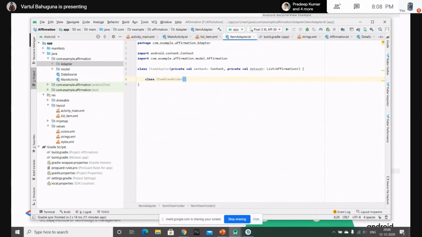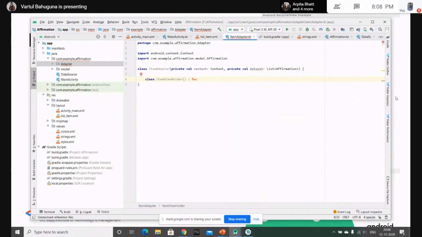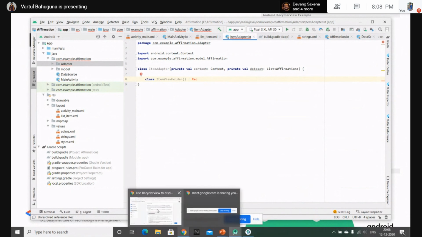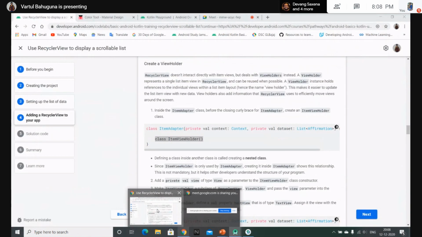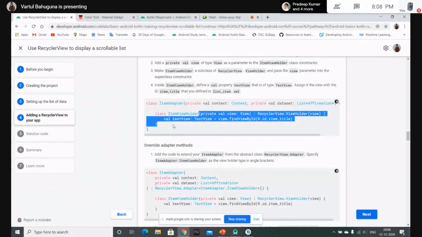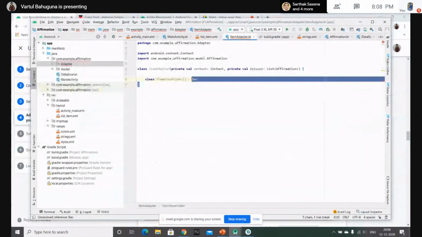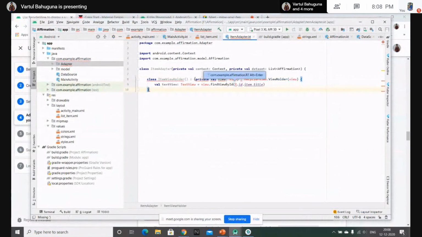So yes, the holder, as the name suggests, is used to hold a view. It is used to hold this list item layout in this recycler view layout. So to complete it, it also extends the recycler view holder class. To make it an item view holder, just extend the recycler view. Let's get back to code lab. Yes, here's the recycler view. Control V, and let's just paste it.